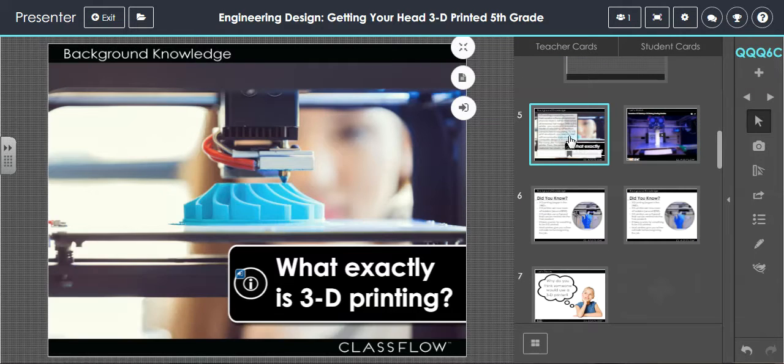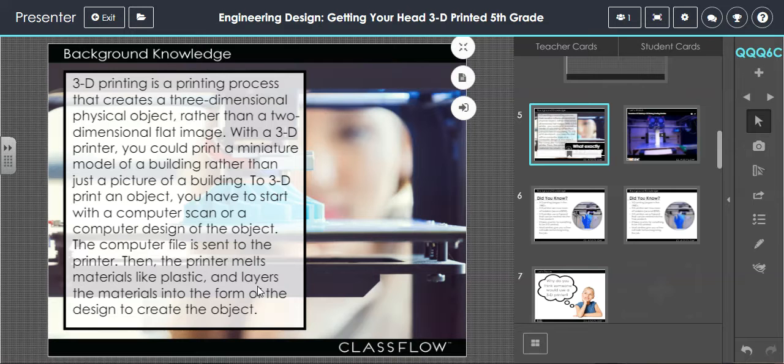Okay, so this card presents some background knowledge. Before the background knowledge is actually revealed, the teacher should ask what exactly is 3D printing and just see what the students have to say. Once the discussion portion is over, the teacher can click the little icon there